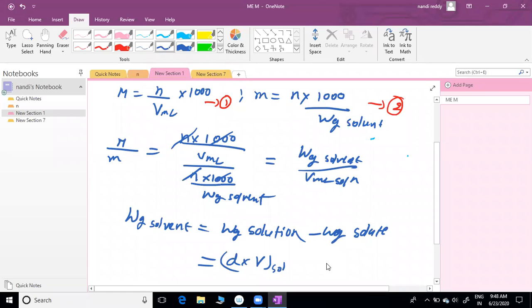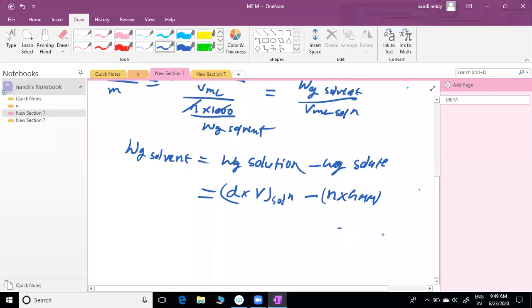W grams of solute equals number of moles into gram molecular mass. This is the weight of solute formula, because you know N equal to